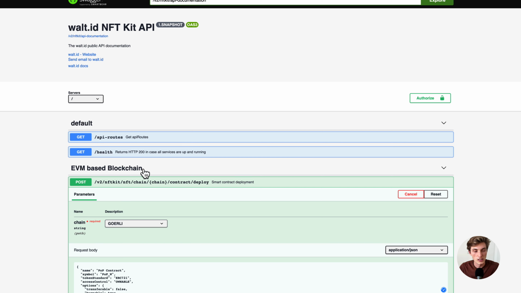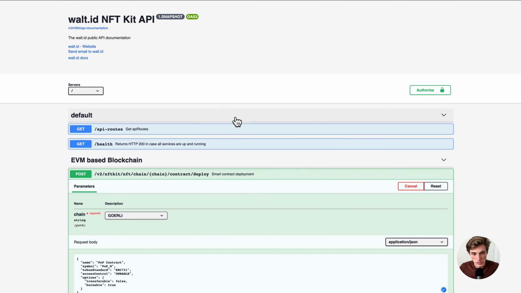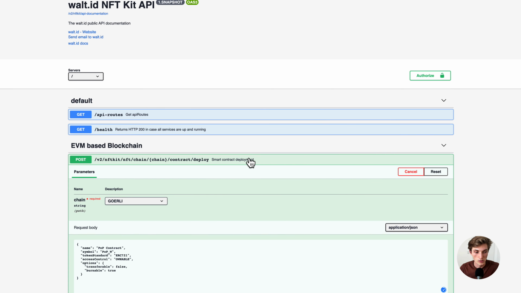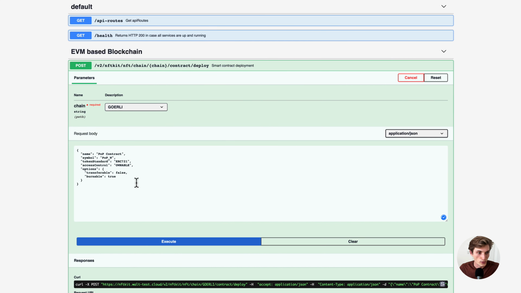So I have here now the NFT kit and the REST endpoints up and running. And what we will be using is the contract deploy endpoint to deploy our Soulbound token smart contract. I've already provided the request body. I selected the Gorilla chain. And as a token standard, we use the ERC721, but we will be providing in the options the transferable option